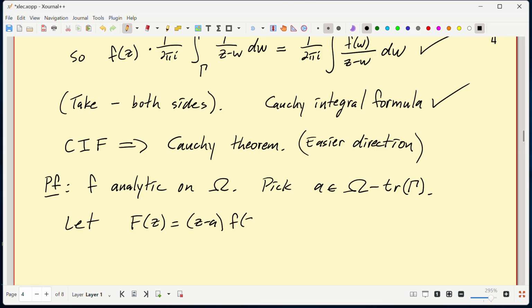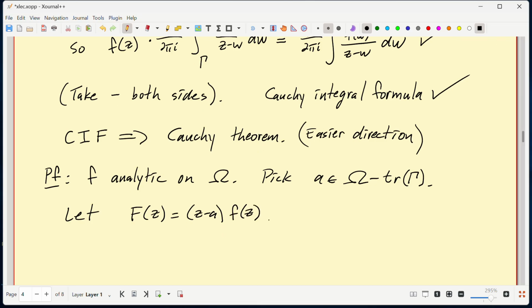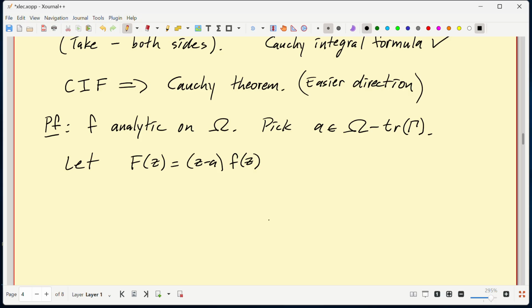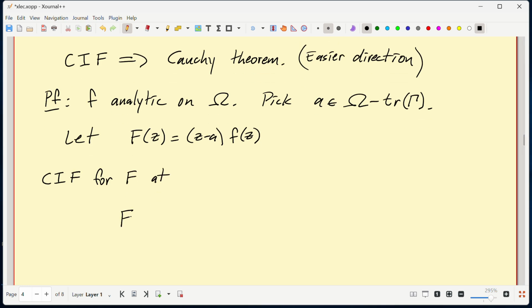So that thing is going to be 0 at a. And then the Cauchy integral formula for F at a, we'd have F of a, which is 0, times the index, which is who cares,